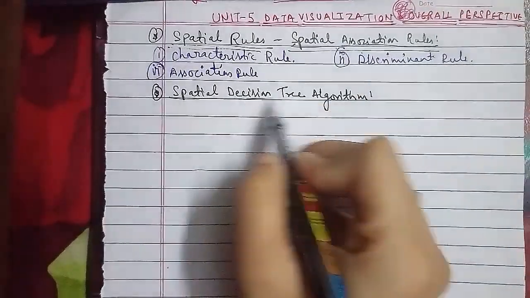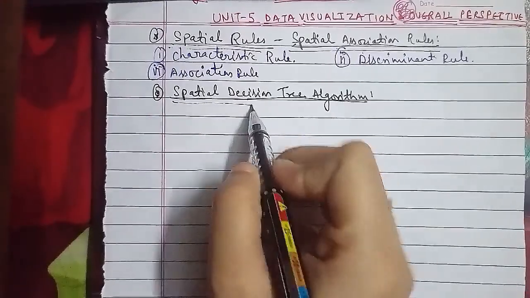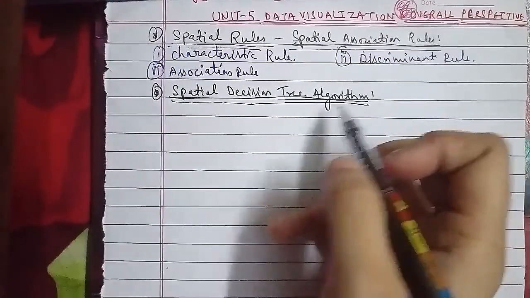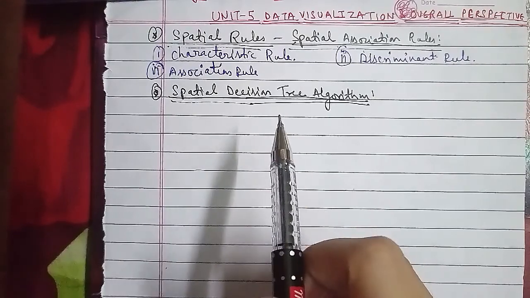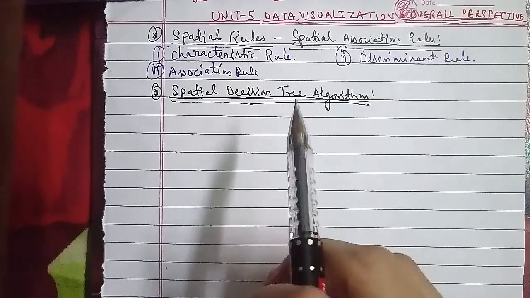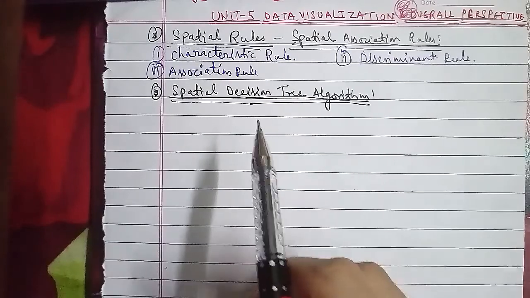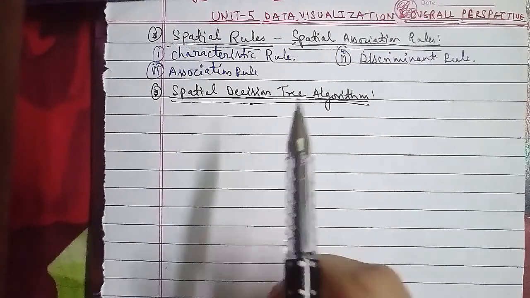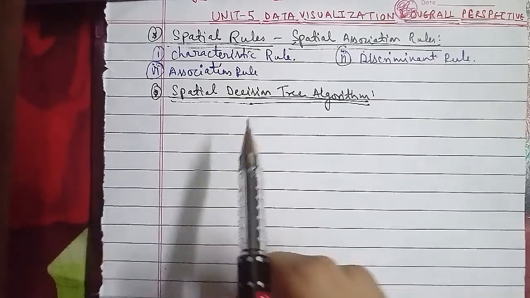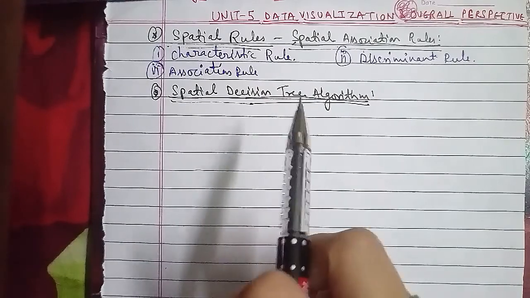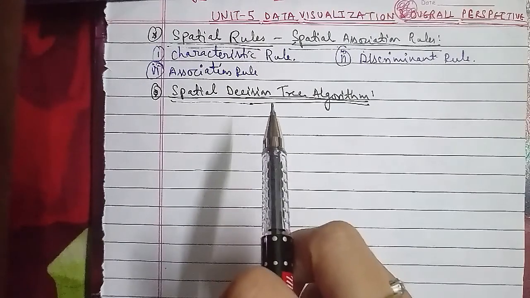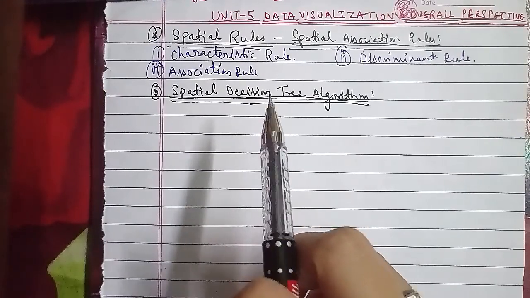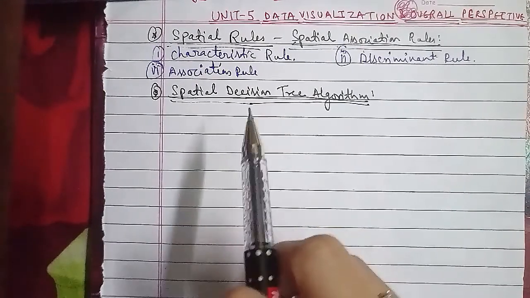The spatial decision tree algorithm is one spatial classification approach that builds a decision tree using a two-step process similar to that used for the association rule. For the decision tree creation, the most relevant predicates are first found, and it is hoped that this process will create a smaller and more accurate decision tree.